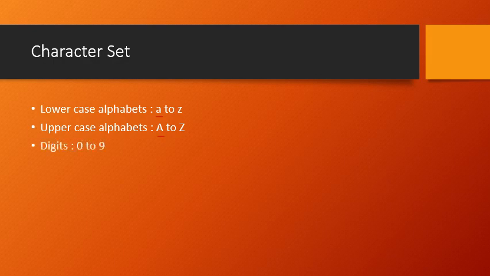The character set also includes digits. Digits means the numbers, starting from 0 to 9, so all the numbers can be used. Then other characters means certain special characters, like the operators plus, minus, star, and the dollar symbol. All these are also part of the characters. You may notice here the brackets, the percentage symbol, the exclamation mark, comma, colon, semicolon. All these are the other type of characters that the C character set contains.